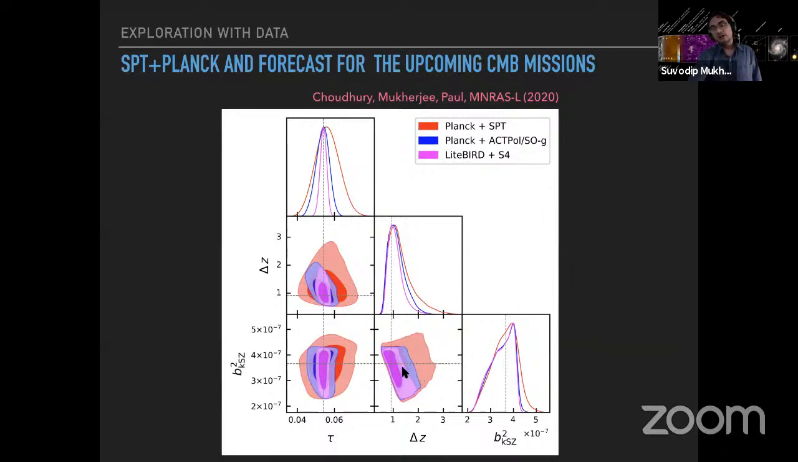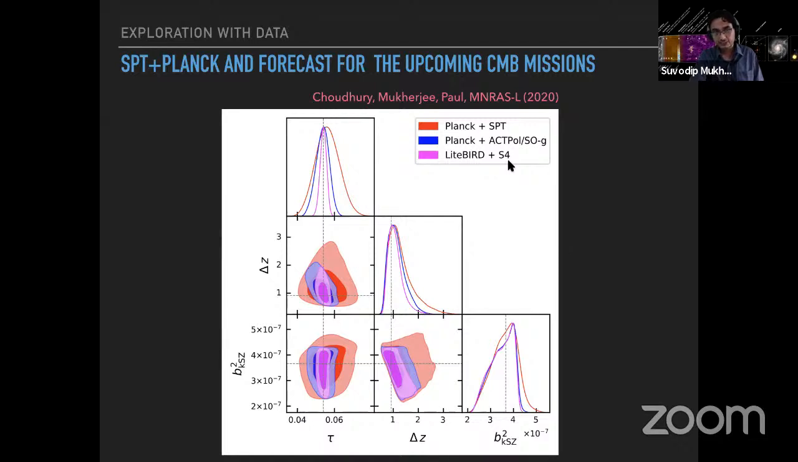And now if you ask, using this fitting form, can we explore from current observation and forecast for the future how this parameter space can be measured? So here I'm showing you a plot for tau, optical depth, delta Z, and the bias parameter measurement using SPT plus Planck observation. That's shown in red. And the forecast for Planck and ACT-POL SPT or Simons Observatory with its goal sensitivity, and LiteBIRD plus CMB-S4